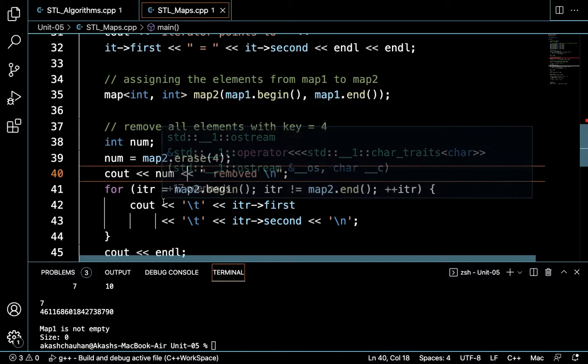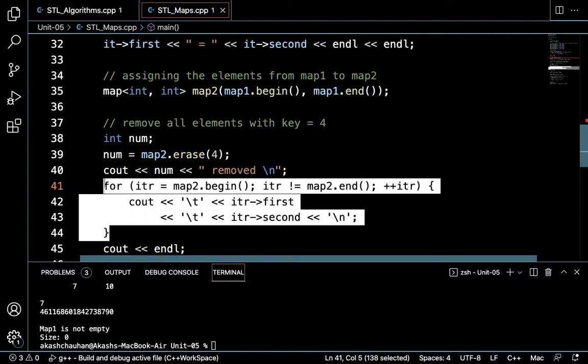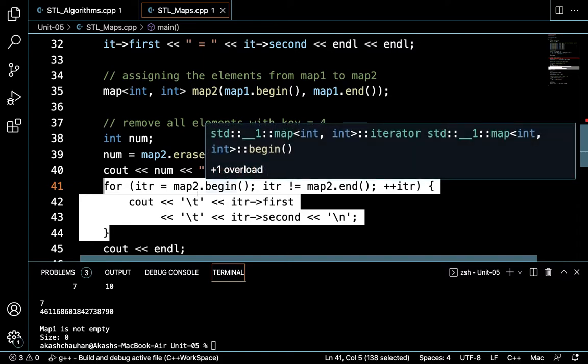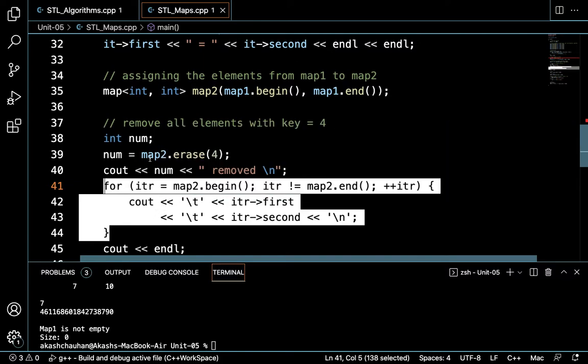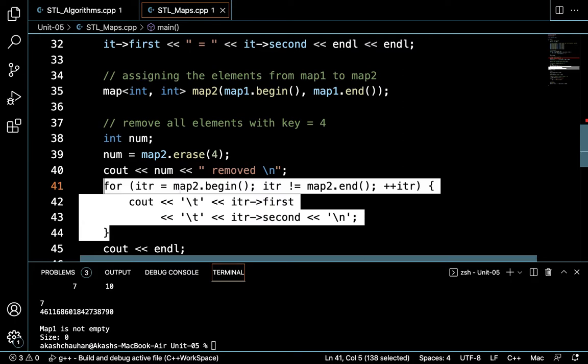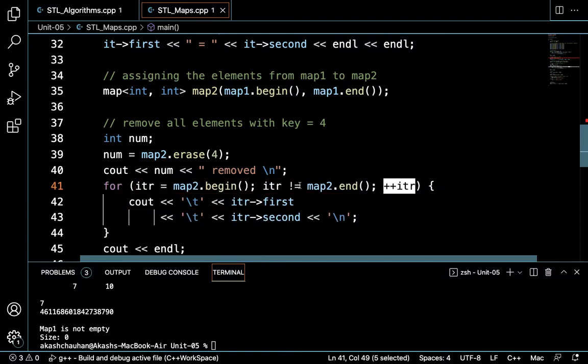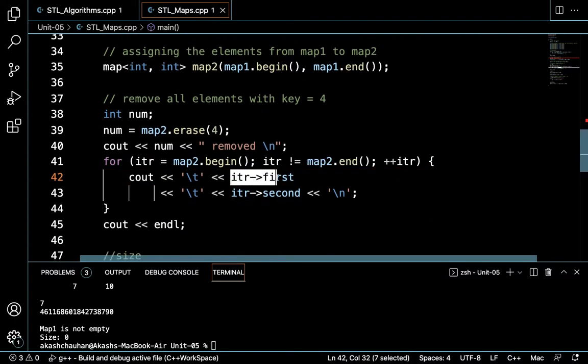Okay, after removing the element, if we want to check how many elements are left in the map, we are performing this over map 2. We take the iterator from the beginning and grow it till it reaches the end of the map, and we are again printing the keys and the values from the map.